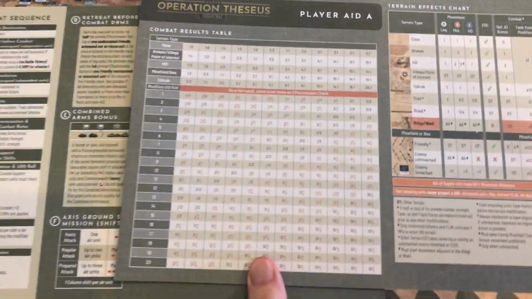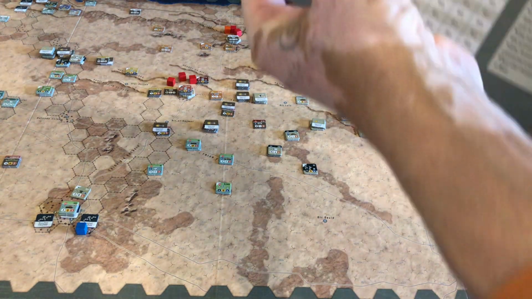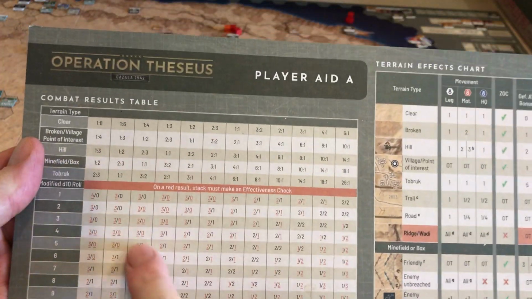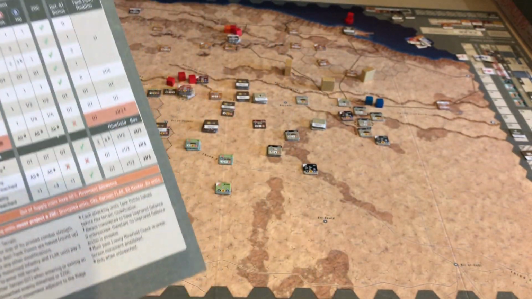But the first thing to notice is that you get, apart from the very beautiful components of the map and the chips, 4 play aids, which basically means each player has 2 play aids, and you essentially have everything you want on it. And the wonderful thing about this is, so you've got your combat results table, you've got your terrain effects chart, and